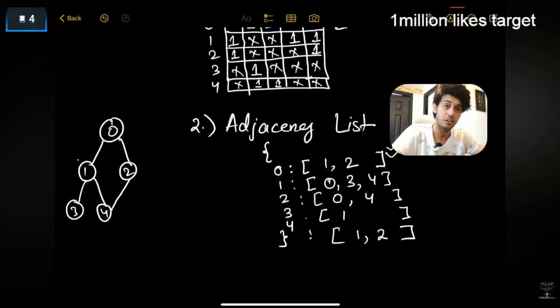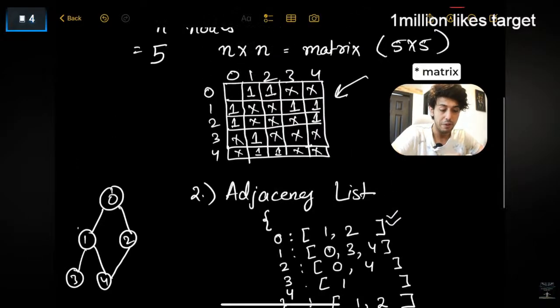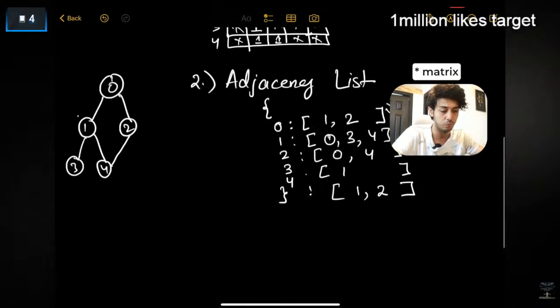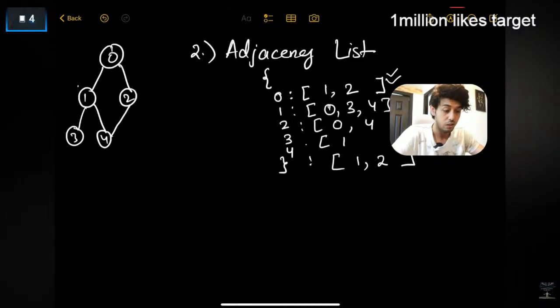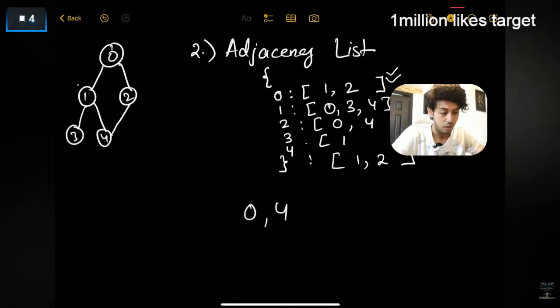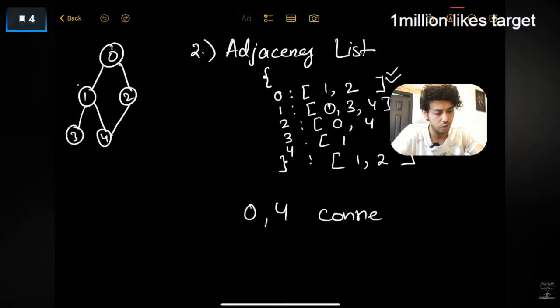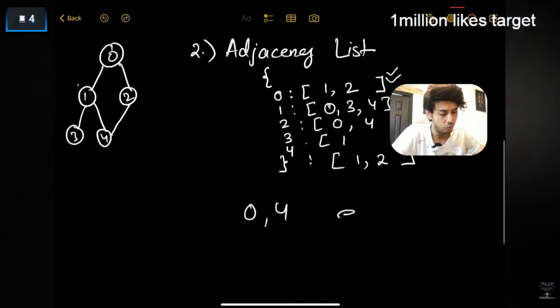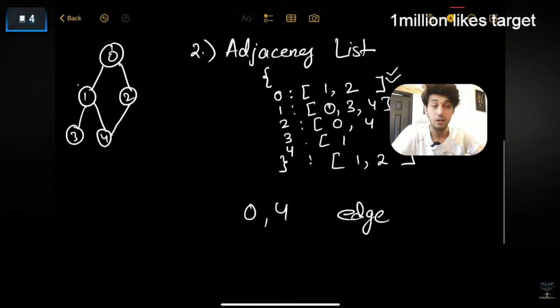मैट्रिक्स में स्पेस वेस्ट करते हैं, एडजेंसी लिस्ट में वो स्पेस नहीं वेस्ट होती है, वो एक एग्जैक्ट रिप्रेजेंटेशन होता है। बट दोनों के प्रोज एंड कॉन्स हैं। एडजेंसी लिस्ट में आप एजेस को कांस्टेंट टाइम में एक्सेस कर सकते हो। लाइक अगर मैं आपसे एक क्वेश्चन पूछूं कि क्या 0 और 4 कनेक्टेड है, राइट, आई मीन एज है या नहीं, लेट्स नॉट यूज कनेक्टेड वर्ड, 0 और 4 के बीच में एज है या नहीं है, राइट।